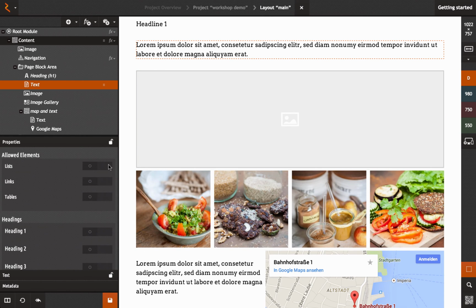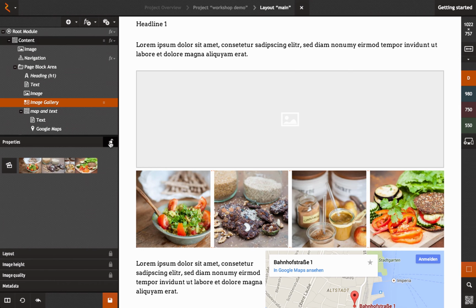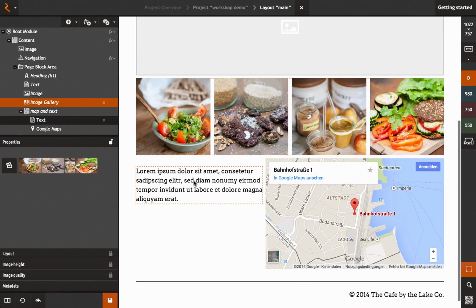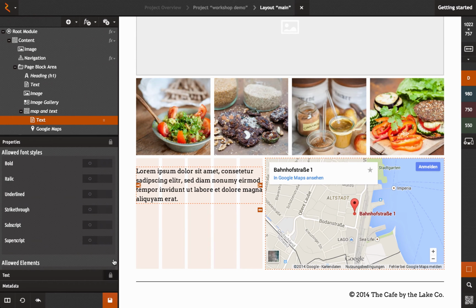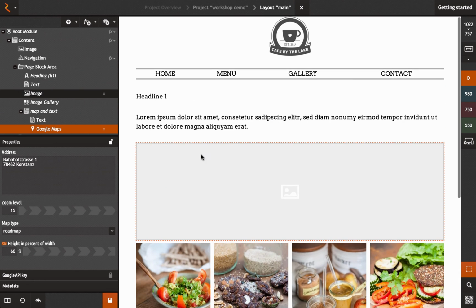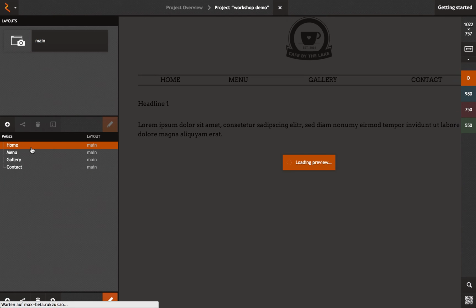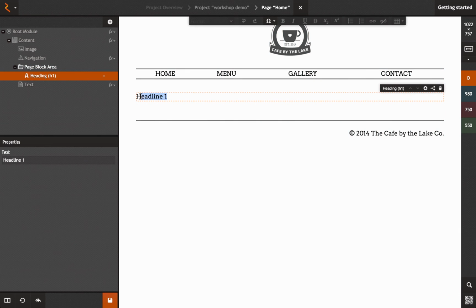There we go. Okay. Let's allow this image. Right, again. And again over here the text. Oops, it's always the wrong one. Right, but we do want to allow these text formats for our editors. And for the Google Map, we want the address to be editable. So I think we're all set. Yeah, I think we're good. Should be okay now. So again, let's go back to the project overview. Come into the home page. Now I'm able to come in here and click this headline and edit it. So let's do hello